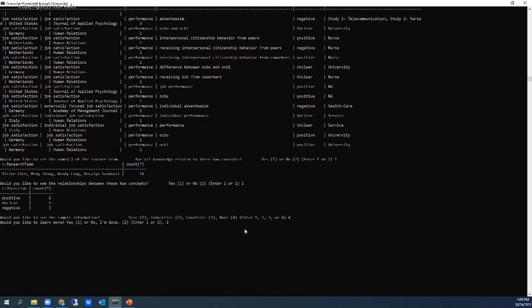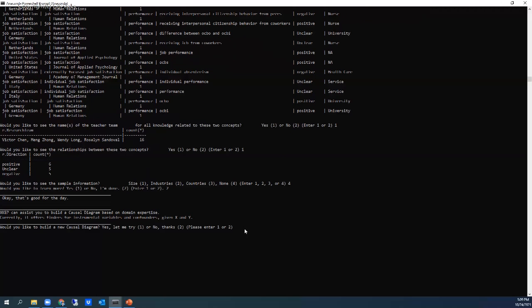Two. Okay, so here's something interesting. XKEP can assist you to build a causal diagram based on domain expertise.